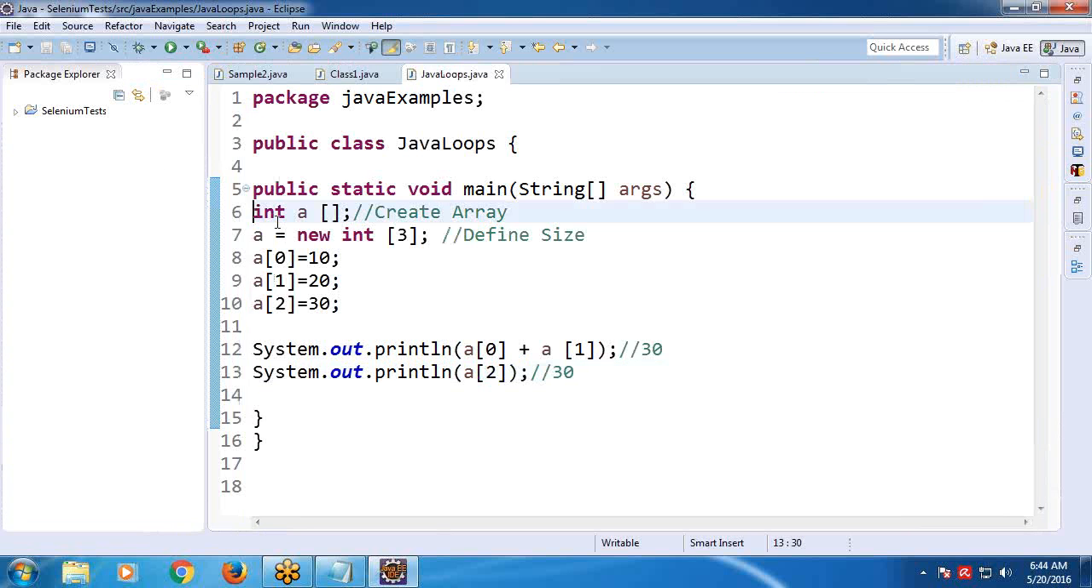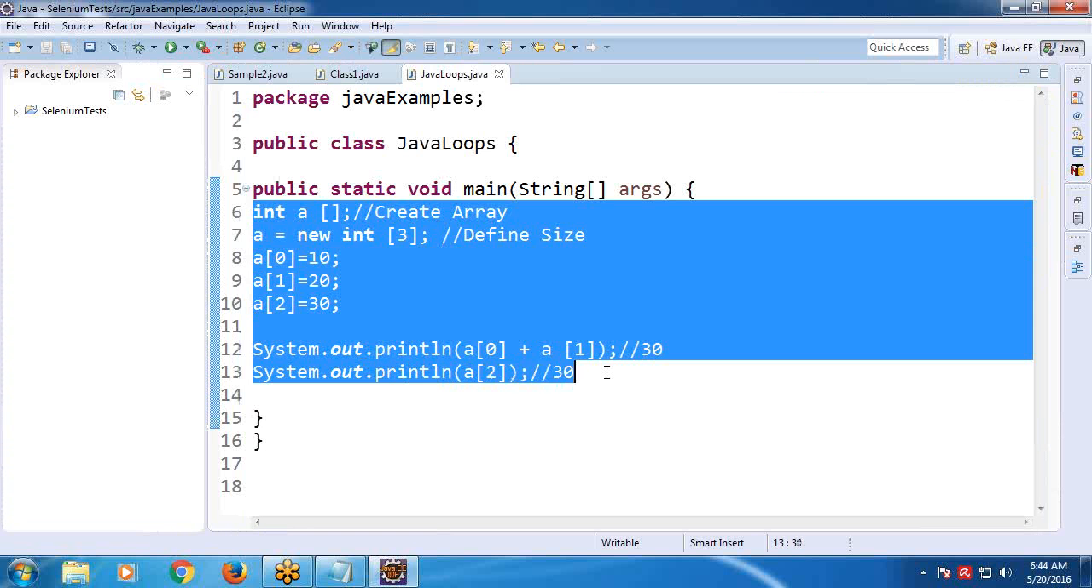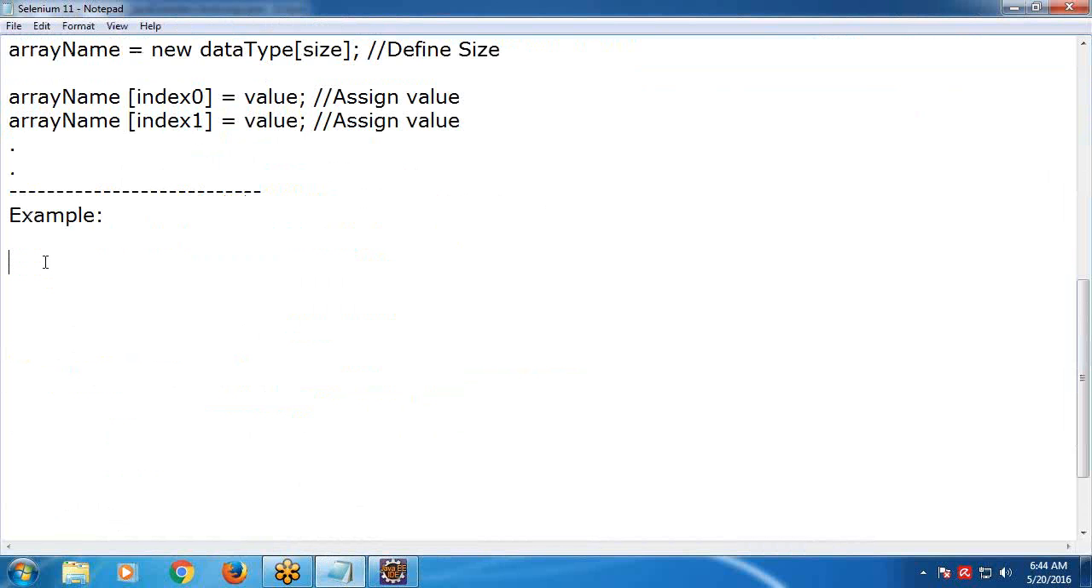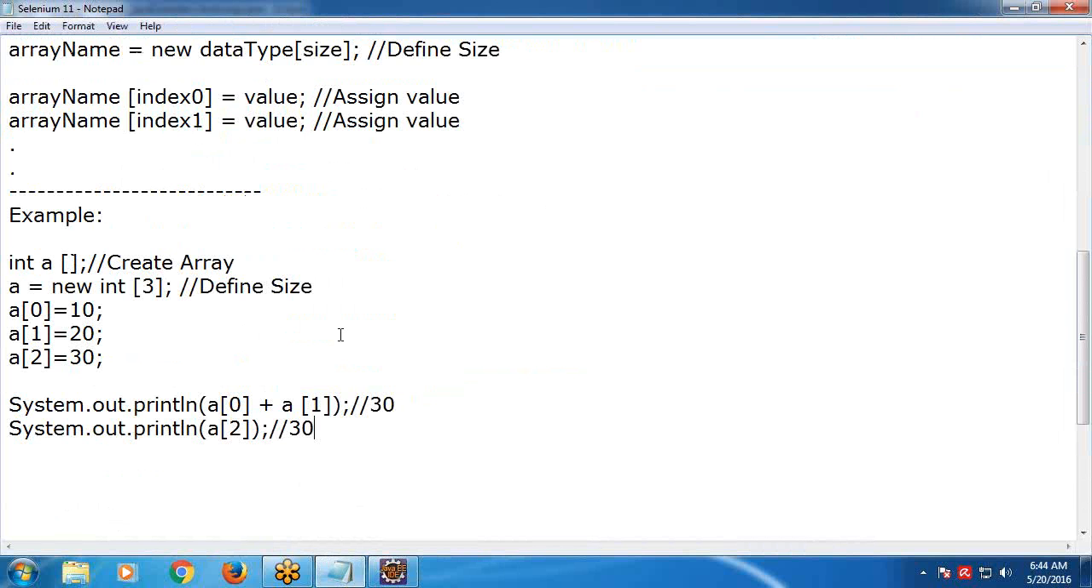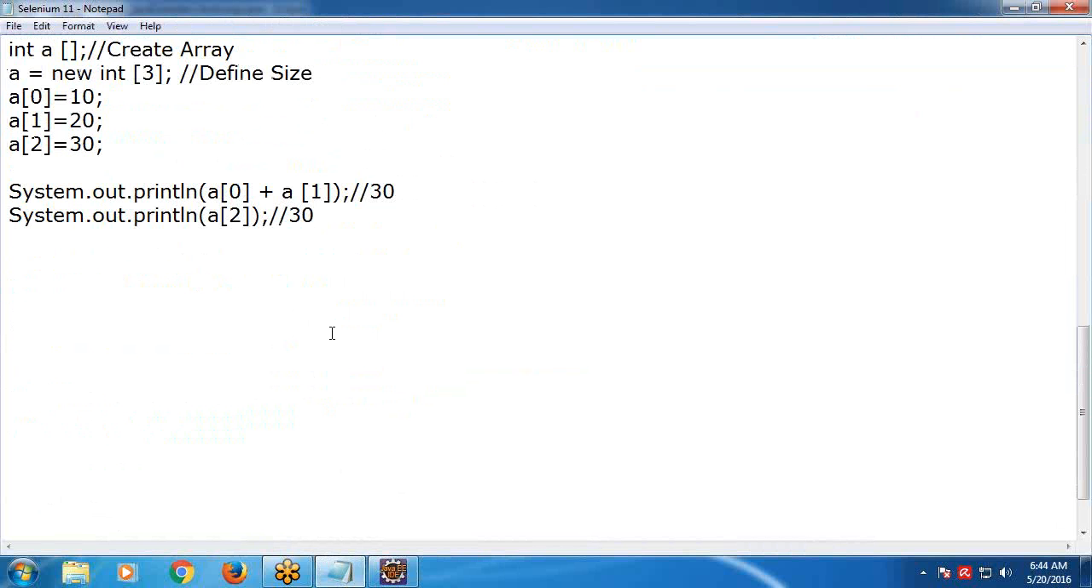Observe, Supriya, did you understand this syntax? Yes, sir. This is the first method. In this first method, we have 3 steps: create array, define size, and assign value. Assign value is multiple steps based on the size of the array. Okay. Next,